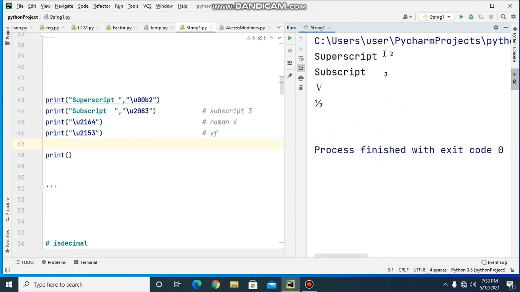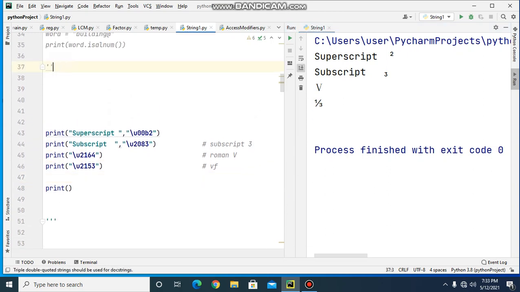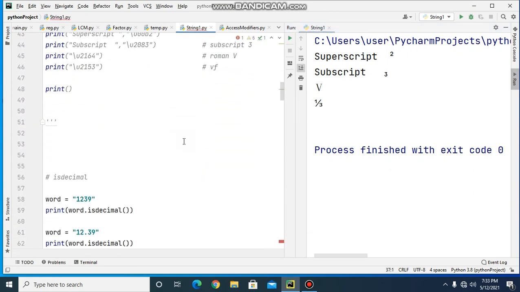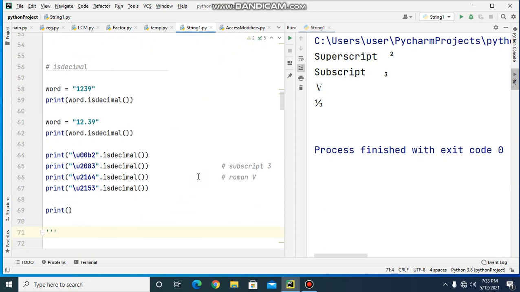So U+2083 is for subscript 3, U+00B2 is for superscript 2, then U+2164 for Roman numeral 5, and this is for vulgar fraction 1/3. Now we will go to isdecimal.